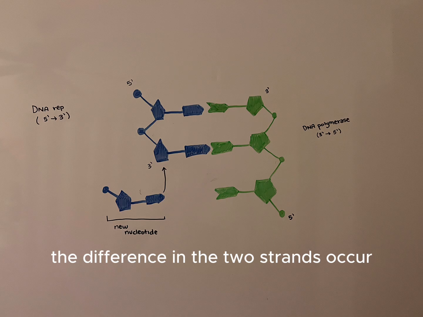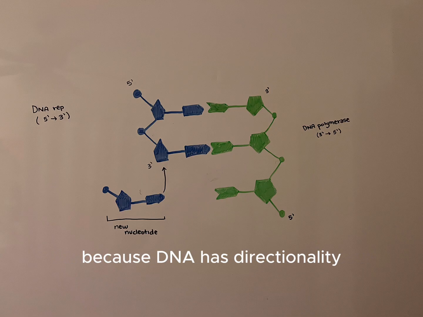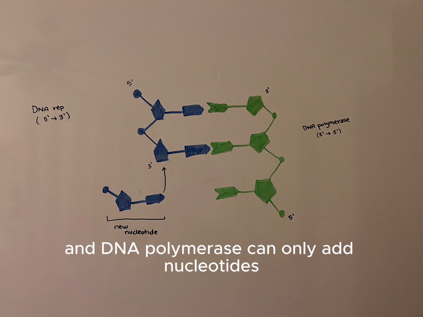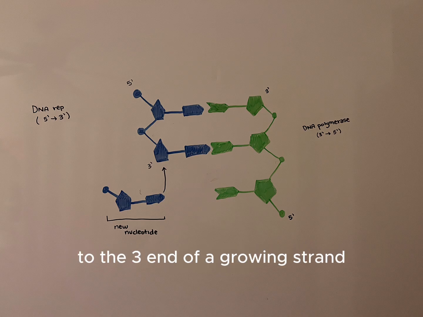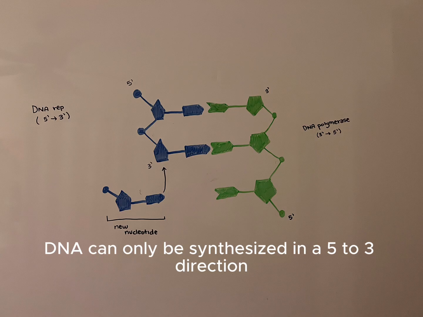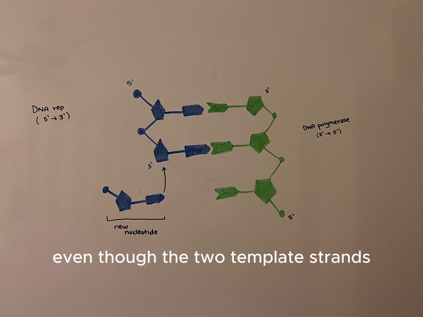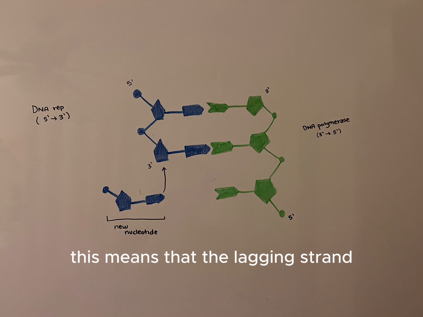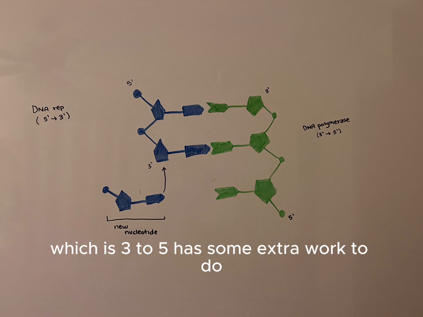The difference in the two strands occurs because DNA has directionality. Each strand has a 5' and a 3' end, and DNA polymerase can only add nucleotides to the 3' end of a growing strand. As a result, DNA can only be synthesized in a 5' to 3' direction, even though the two template strands run in opposite directions. This means that the lagging strand, which is 3' to 5', has some extra work to do because